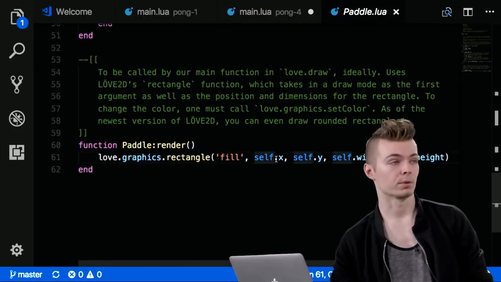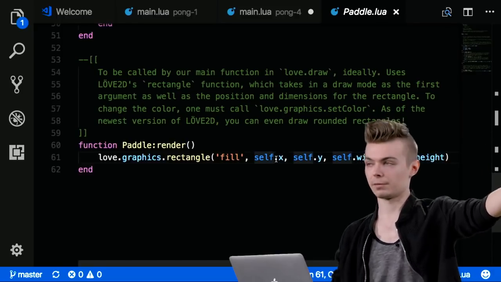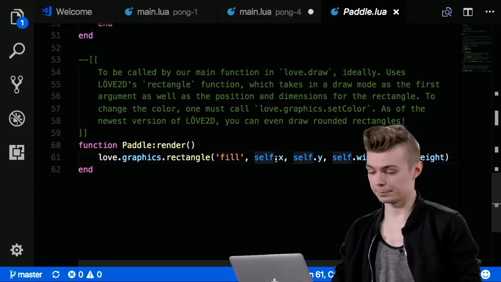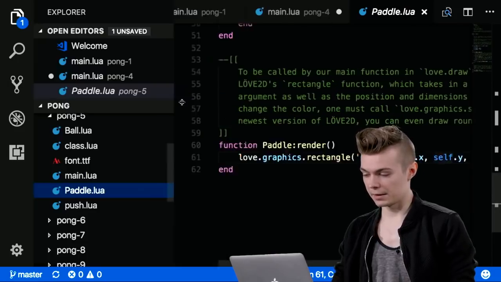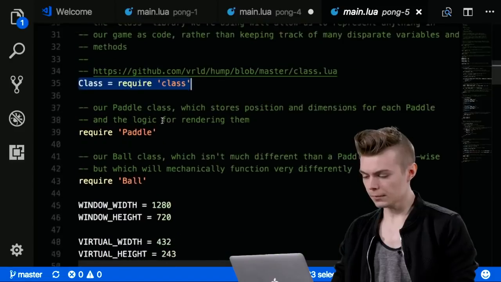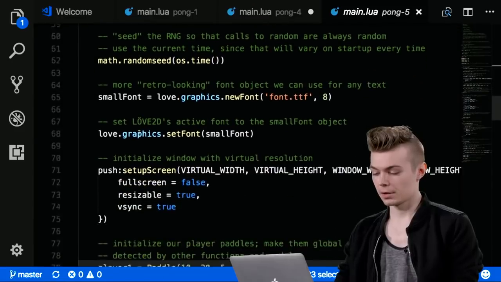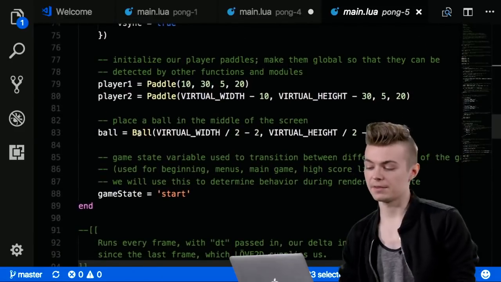And then it has its own render function here, same as the paddle. The render function for the paddle and the render function for the ball are effectively the same. And so if we go to our main, we're requiring the paddle and we're requiring ball so that we can use them. So if we go down to line 79, instead of